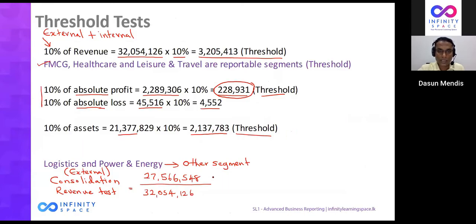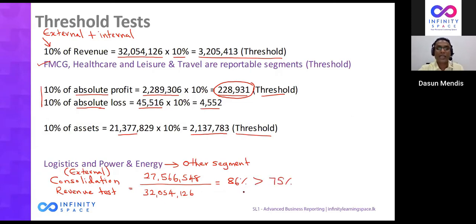You take the percentage here. What's the percentage? 27,566,548 over 32,054,126, which is how much? 86%. Right. So to satisfy the consolidation revenue test, your reportable segments' external revenue should be more than 75% of